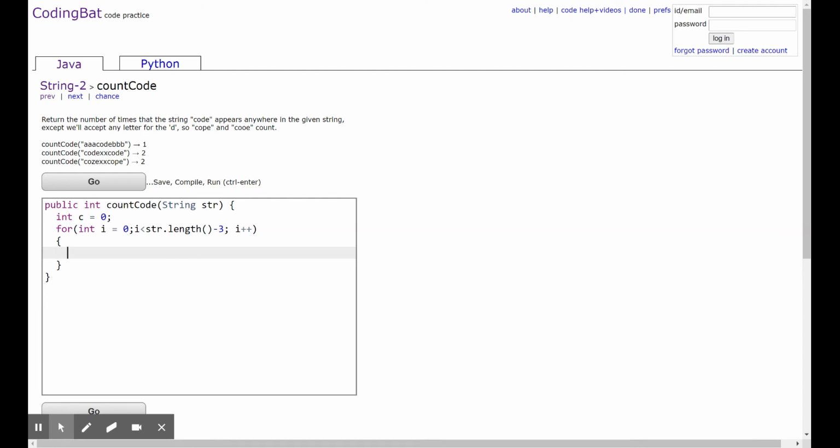Yeah, I'm not going to try to explain why that is. It's just we've built this up doing these 4 in a row. And nothing like looking at a specific example, maybe write one on a piece of paper, and you'll see exactly why we have to do -3. It's really like -4 plus 1, but 4 being the length of the word we're looking for. Okay, so then we're going to say if str.substring I comma I plus 2, that'll give us the CO, dot equals CO,